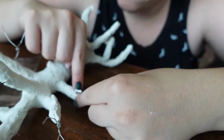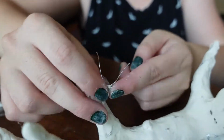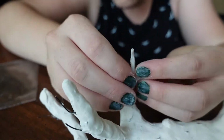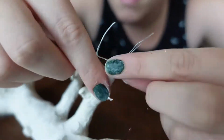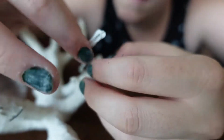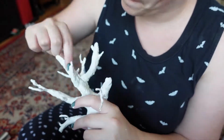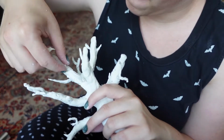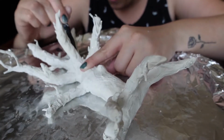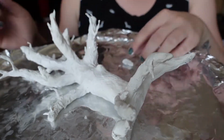And then smoothing them out as best I can. This was my attempt to make the tree look as real as possible and less like it's made out of sausages, which I kind of failed at, but I'll take it. I also made some smaller branches just by making little snakes of clay that could support their own weight and attaching them as best I could. And then I went around with my smoothing tool and squished down all of the seams that didn't look like a tree and roughed up bits to make it look more like bark, because we're going for realism